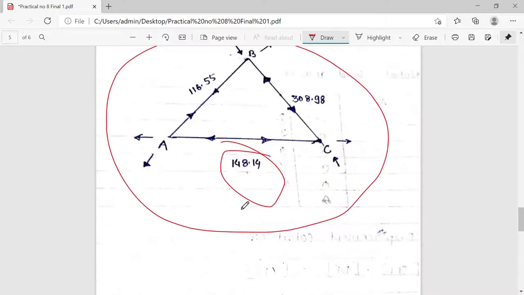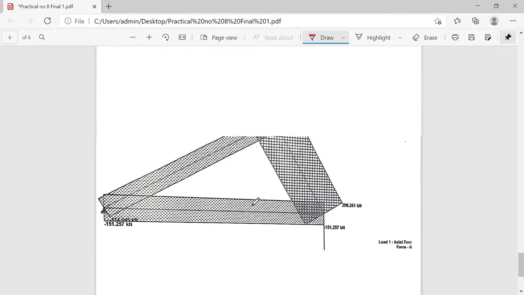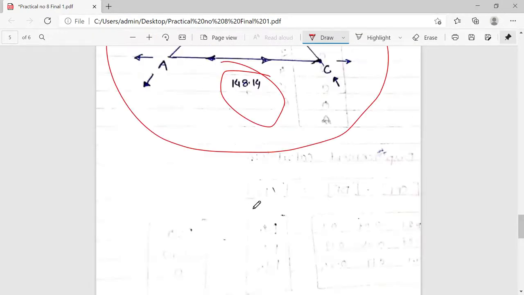Okay, it is okay if the value is somewhat different, because in case of STAAD modeling, there may be chances of some modeling error or some manual input, so the value may vary. But you must understand that this value cannot exceed up to 10%.